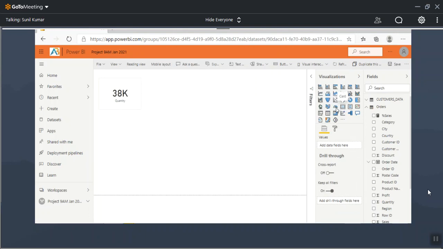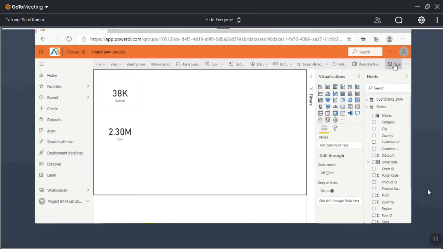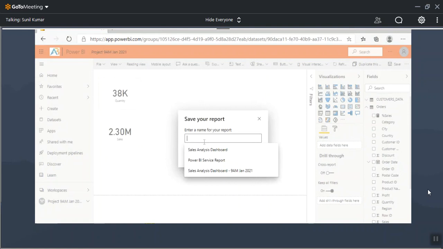Same way, I want to show the total sales amount we have. So like this, we can start creating the visuals, guys. Once you are done, you can add a page, create more visuals, and save it. You can give the name as Power BI Service Report.